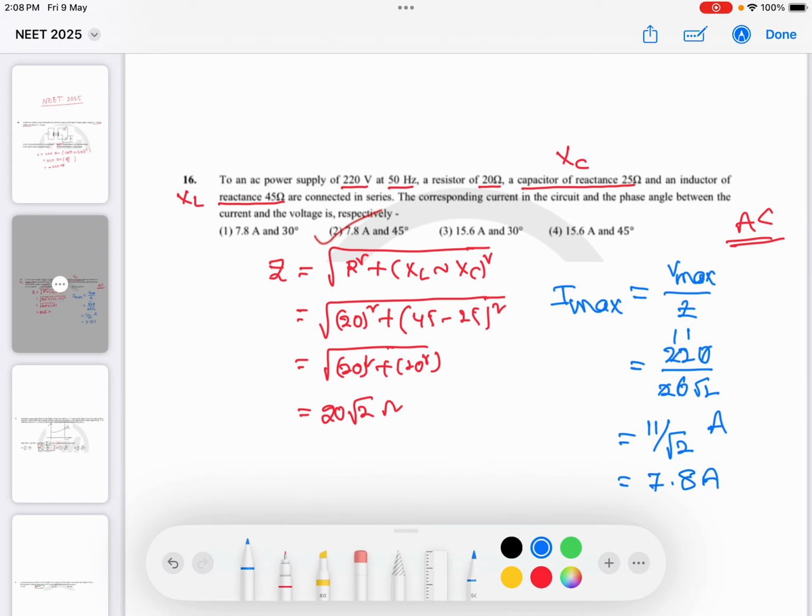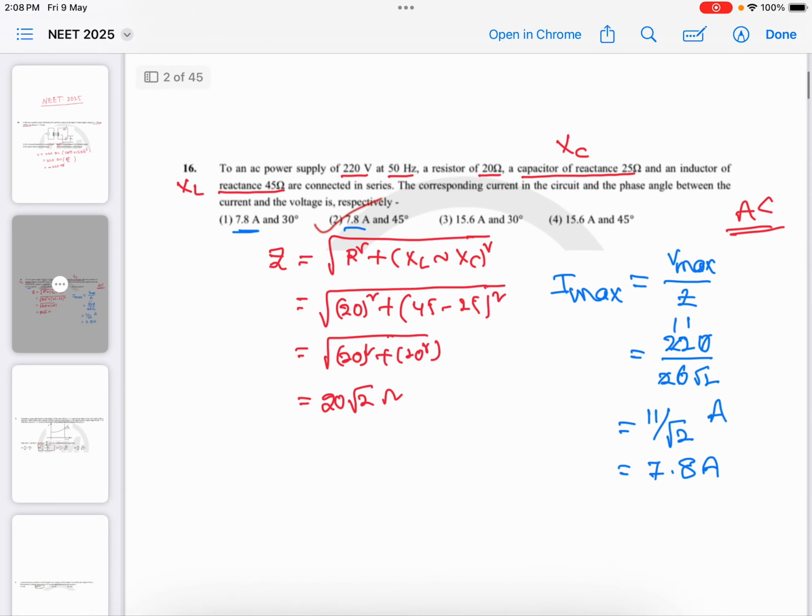Here the first option gives 7.8, and the second option is also 7.8. So out of 4 options, 2 options are eliminated. So you must calculate the angle also. How to calculate the angle? In alternating current, you get the angle